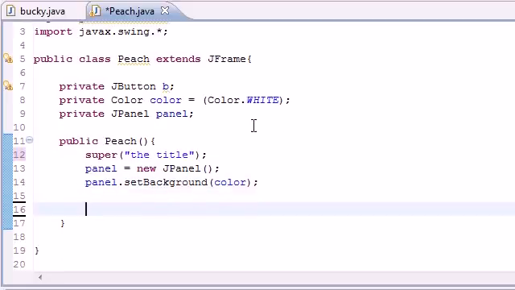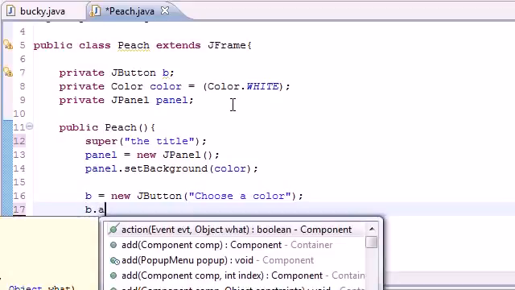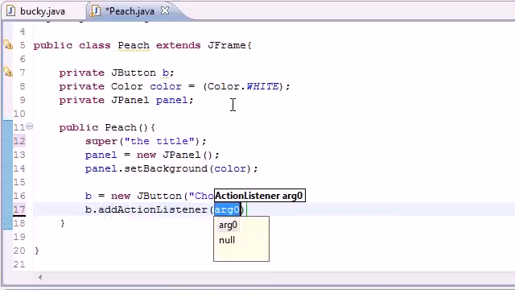So now let's go ahead and add our button to the screen. So b equals new JButton. For the text on our button, let's just put Choose a color, because when they click the button they're going to need to choose a color. So now we can add some functionality to this. So b.addActionListener right there,